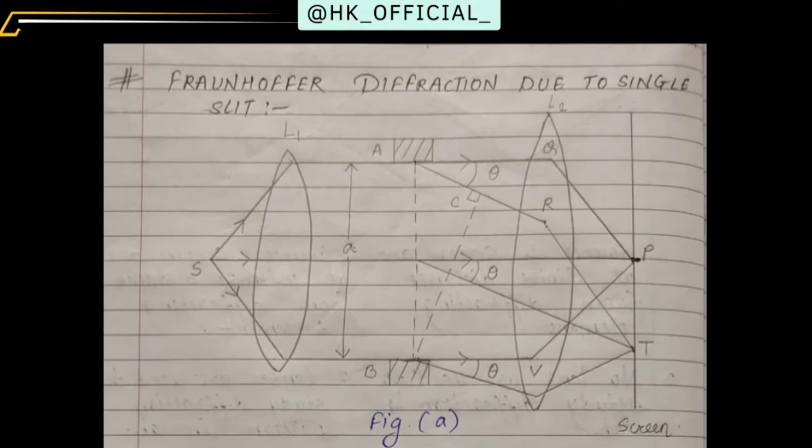So here, this is the diagram of Fraunhofer diffraction due to a single slit. I hope you are finding it easy. I'll make it easy for you. So here, from the left side, you can see S. What is S? That is the source. From that source, whatever light is coming is incident on lens number 1. As I have told you before, this lens 1 is comparatively shorter than lens 2. So here you can mark the difference.